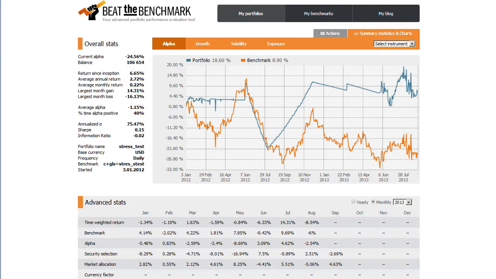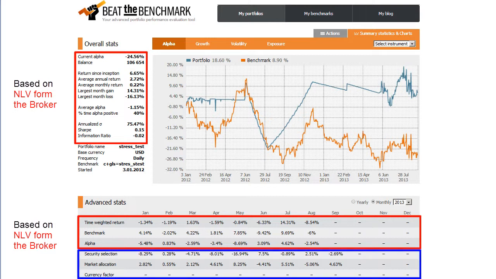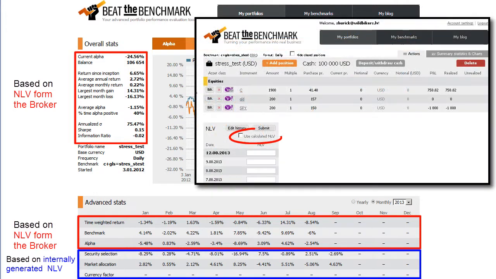If you have submitted NLV directly from the broker, all macro statistics will be based on broker's NLV. Performance attribution statistics, however, will still be calculated from positions you have, since you do not submit these figures from the broker. In other words, performance attribution will always be calculated from internally generated NLV. Naturally, if you select to use internally generated NLV, all the other macro statistics will be based on internal NLV